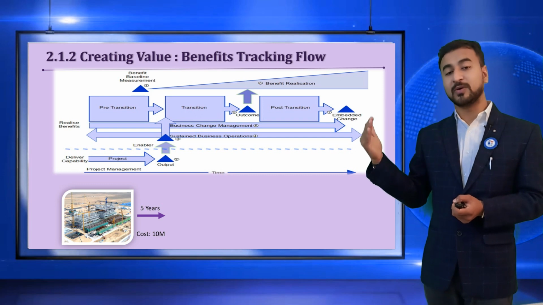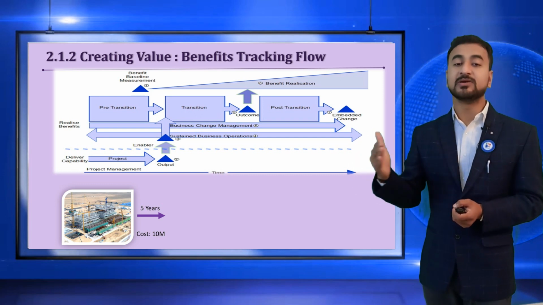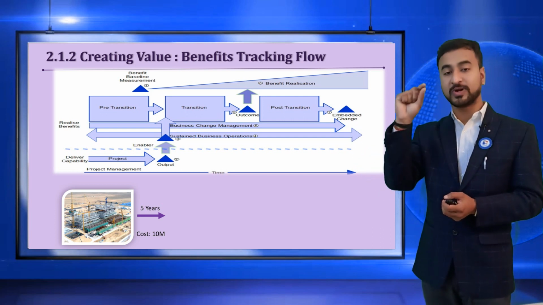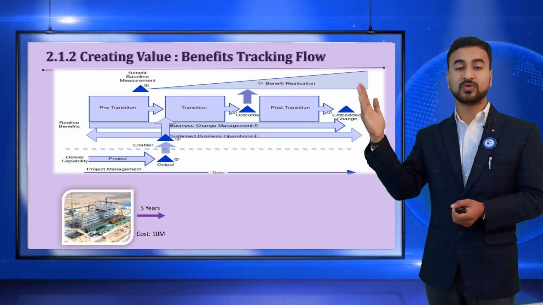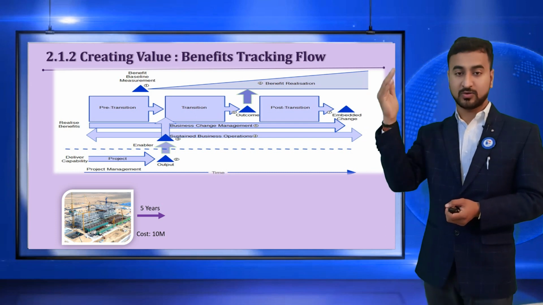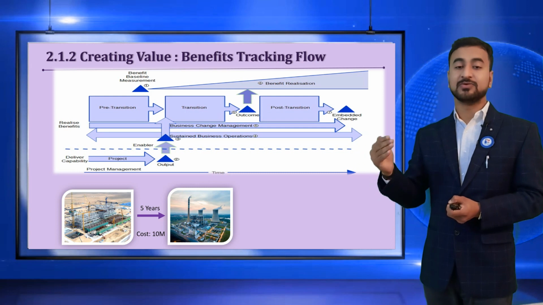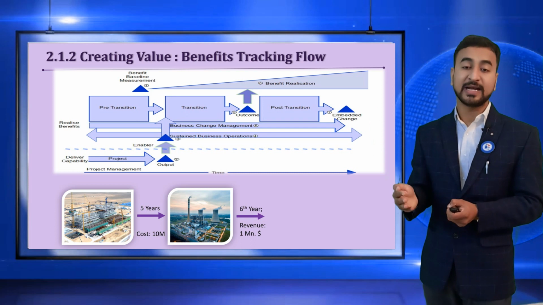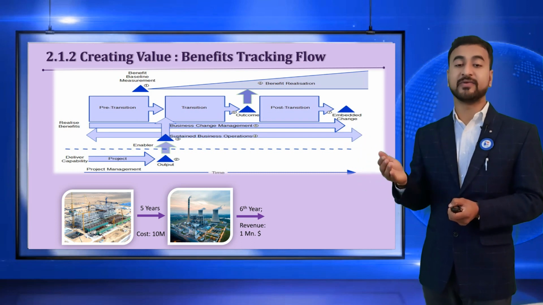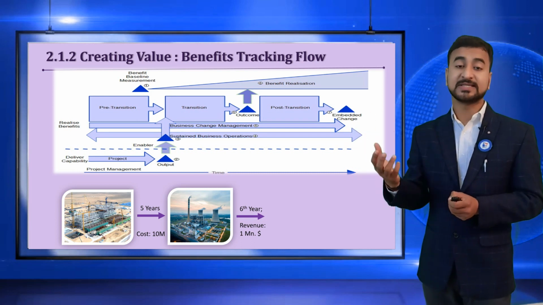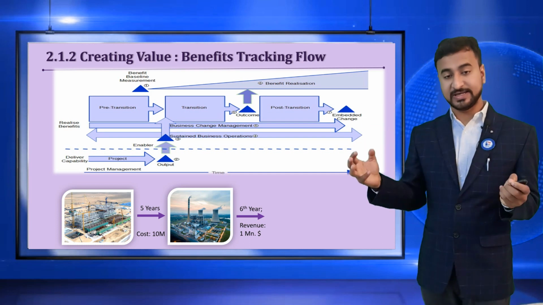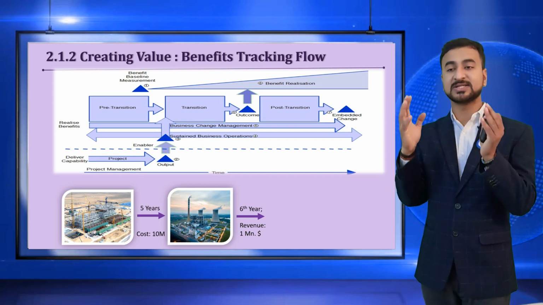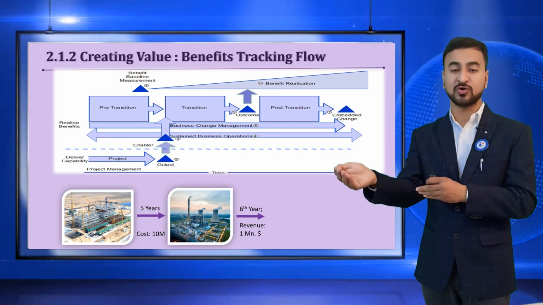After you complete the project execution during the 5 years, your revenue to the organization is 0, right? So it's showing a flat line over here. There is no revenue on the top. After the 5 years, once you complete your project and hand it over to the operation team, in the 6th year you get a revenue of 1 million. My question is, is your role completed at a project level? Once we have a project mindset, we are just focusing on completing and handing it over to the operation team.